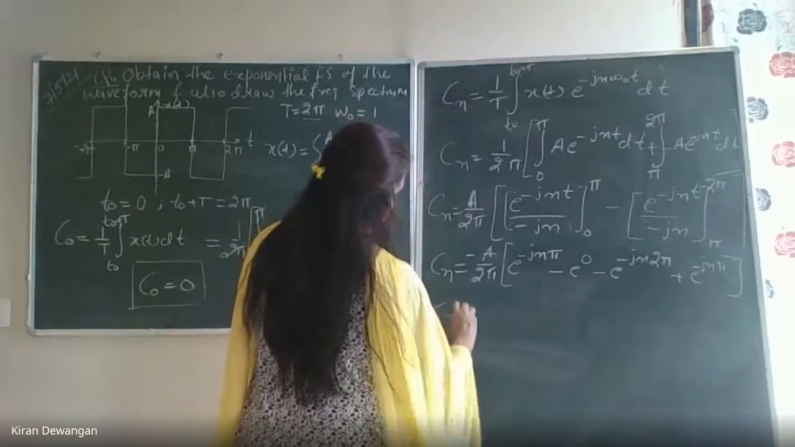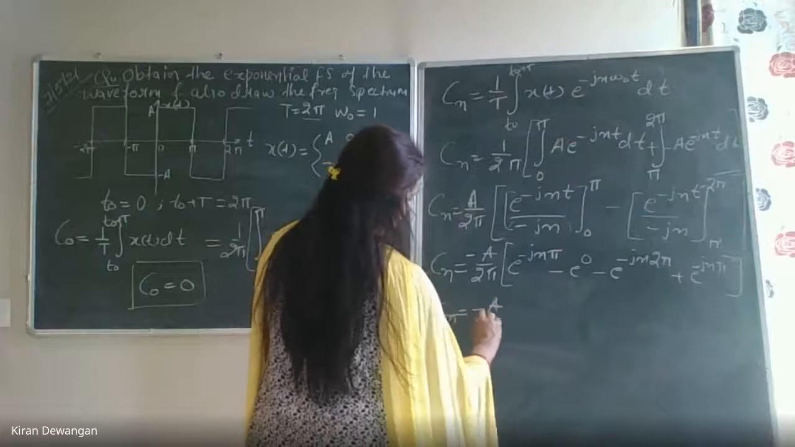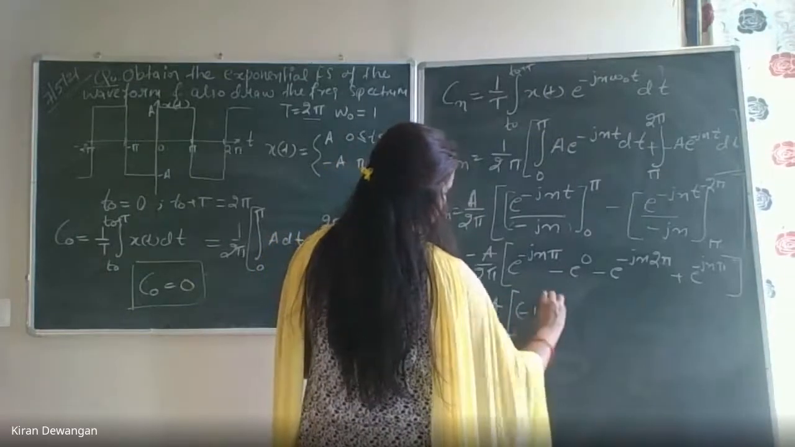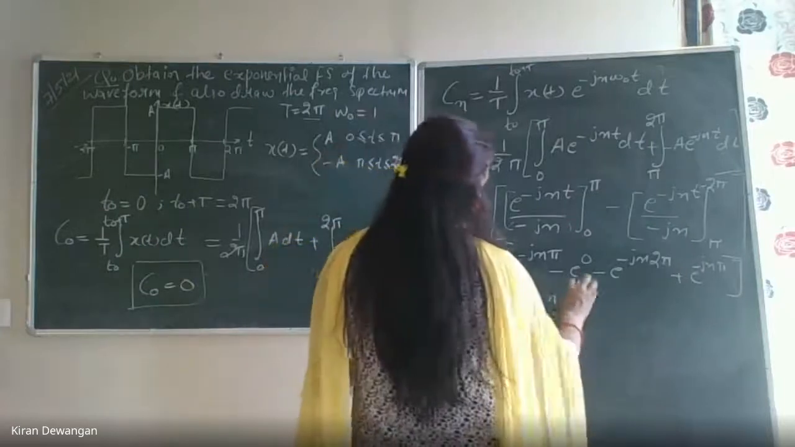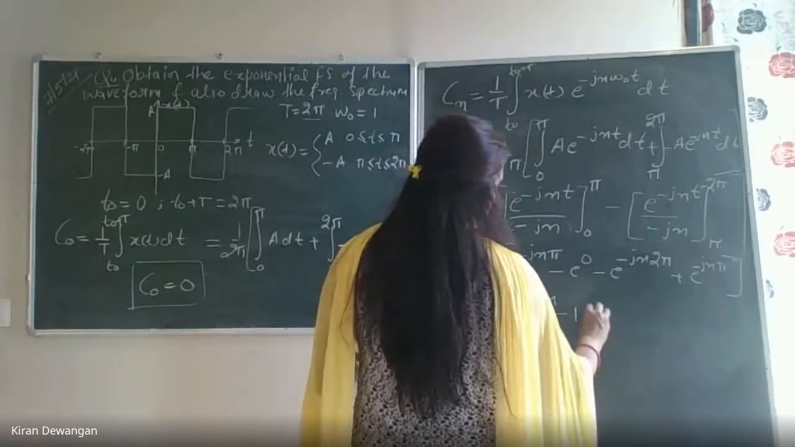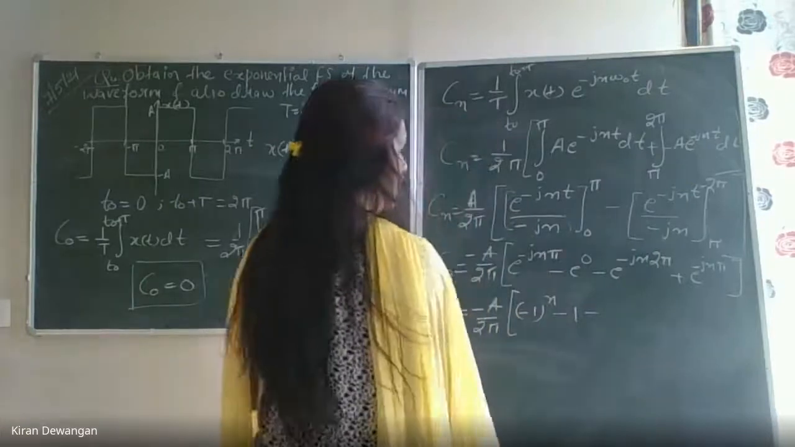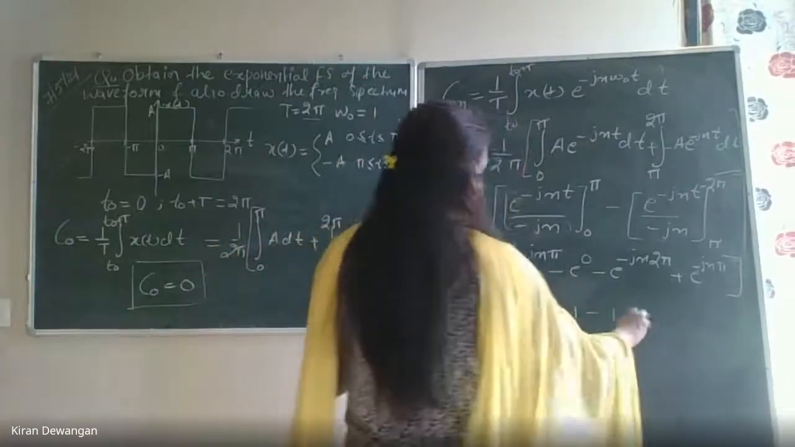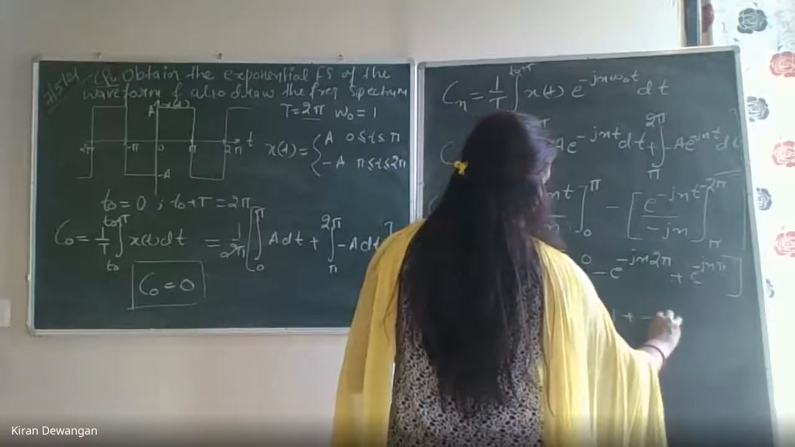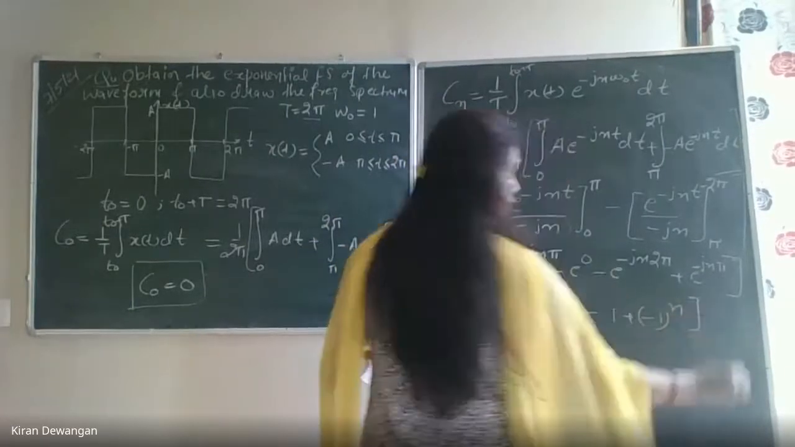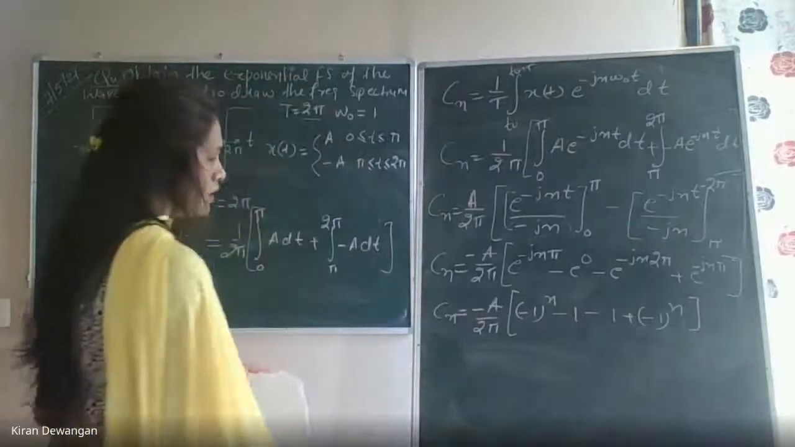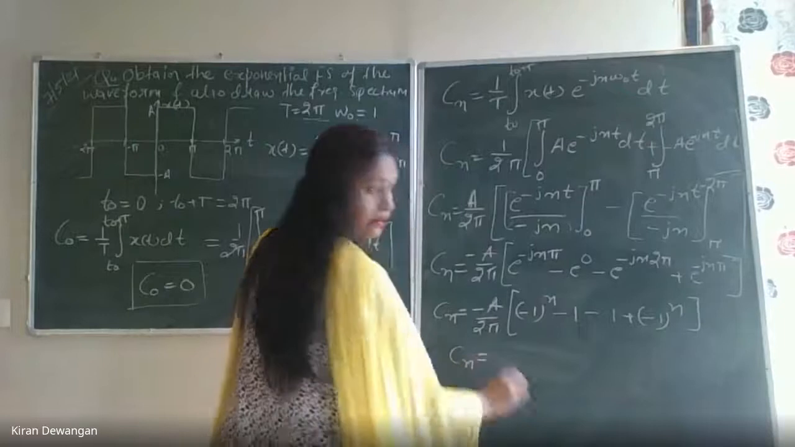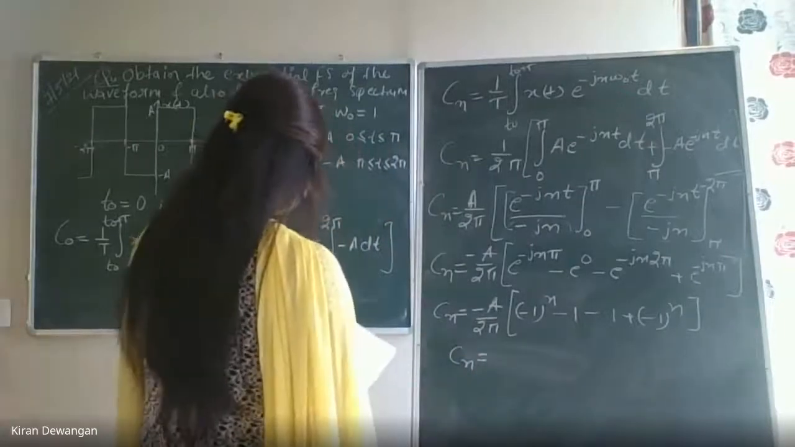Now this can be written as minus a by 2 pi. Further, as I have already said, this becomes minus 1 to the power n. This is e to the power 0 is 1. Then minus e to the power minus j n 2 pi will also be 1. And then plus, this is again minus 1 to the power n. Okay? Now after solving this, Cn becomes,